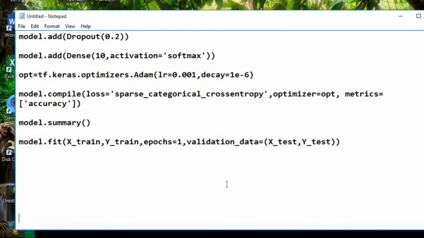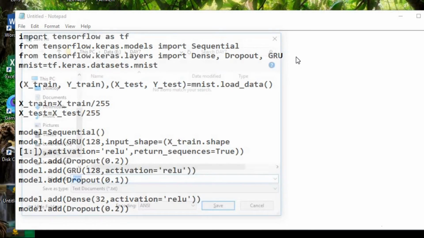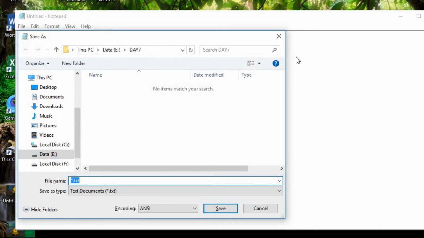So let's copy and paste the entire code into a new file, and let us form the network using GRU. There are only 3 places in the code where you have to replace LSTM by GRU.